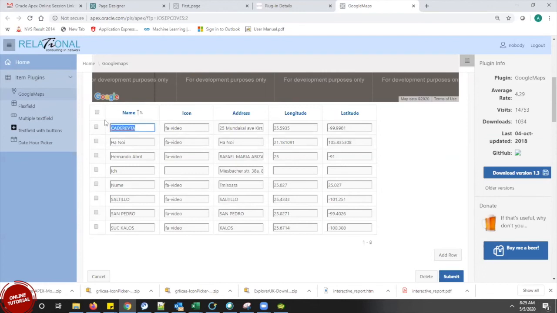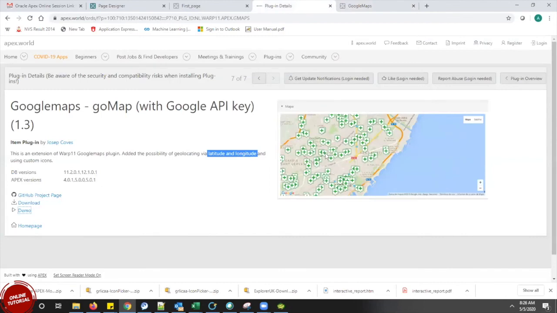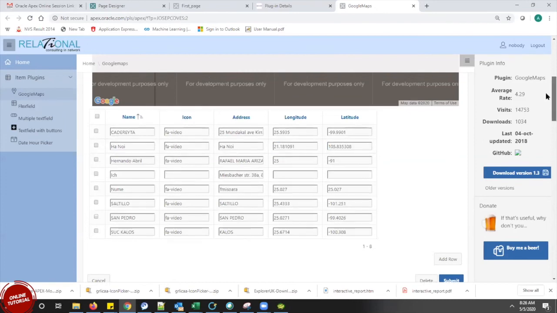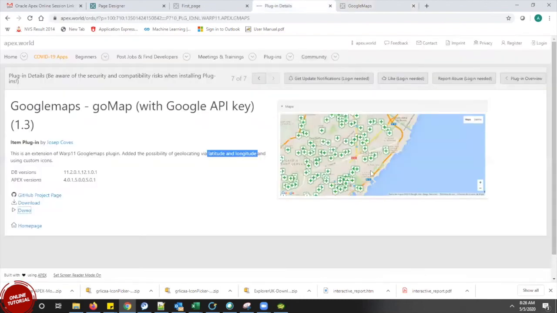We have some name, so they have given the name of the person. They are giving some icon. The icon would be that plus button. Whatever we are seeing, this plus button they are importing, and this is the address. This is the longitude and this is the latitude that they are giving from their side. Once they give this item longitude and latitude, then the map is going to appear something like this.